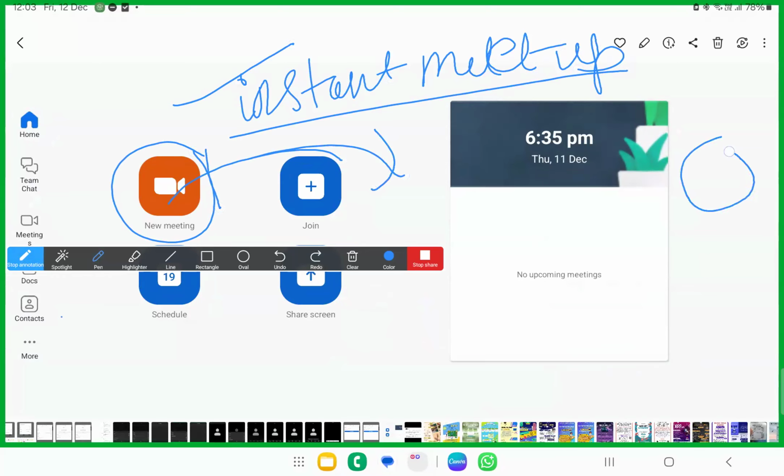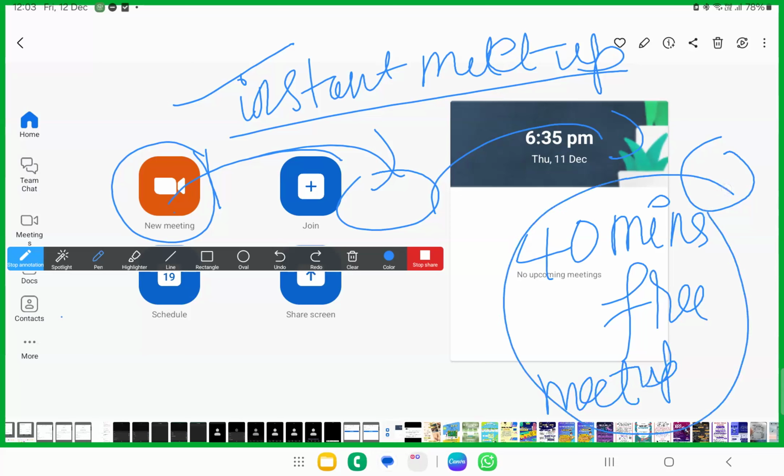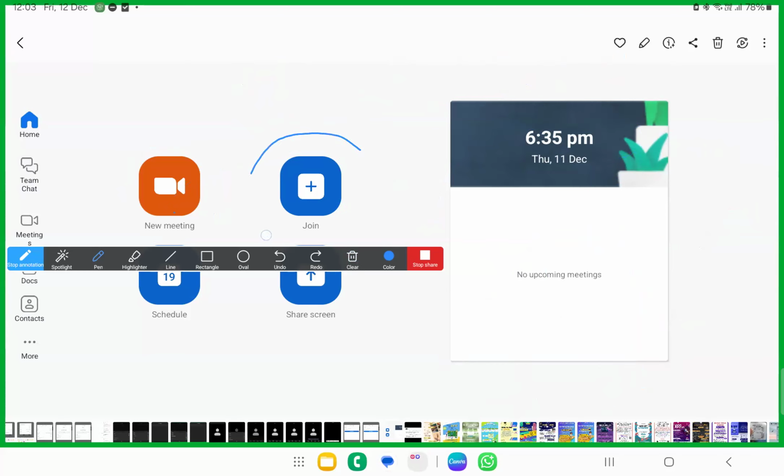They'll be clicking on that invite link. You'll be opening here. You'll be sharing the invite link. Both of you will be sitting in the Zoom meeting, and then you have a Zoom meeting only for 40 minutes. Okay, because Zoom allows you only 40 minutes of free meetup. Okay, I'll also tell you about subscriptions. Please do not worry about anything. Okay, so this is about 40 minutes free meetups.